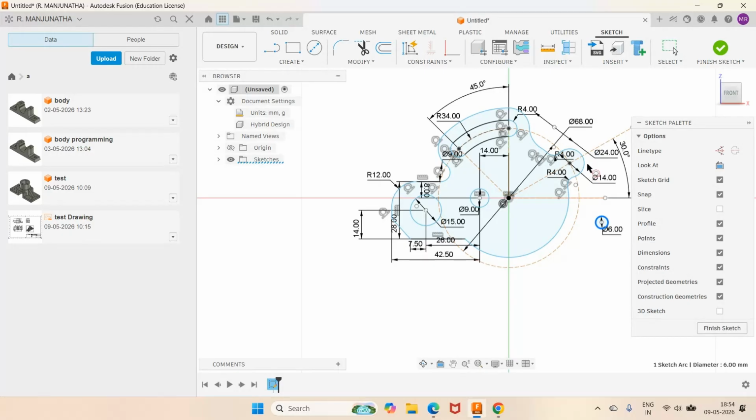So now you're coming back to this line here on this side. So I want to draw